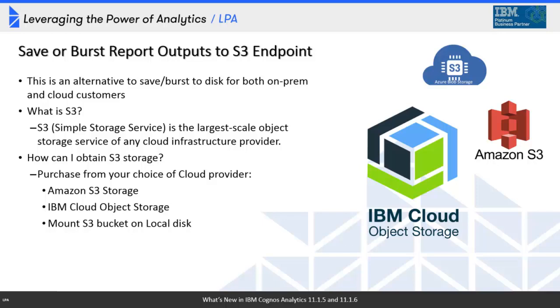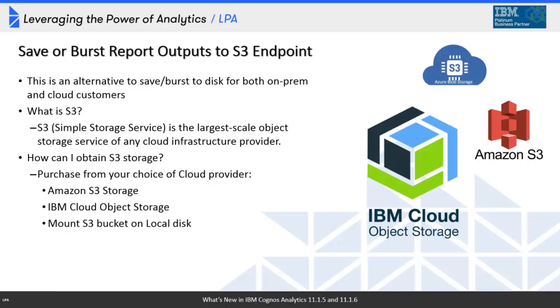And it was difficult for Cognos users to directly leverage the cloud-based document repositories because there was no integration there. So you would run Cognos, you would save your output and then manually move that output file up to your S3 provider location. In 11.1.5, it's possible for you now to integrate your Cognos Analytics environment to your S3 endpoint